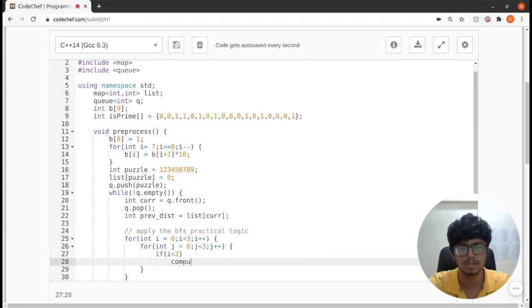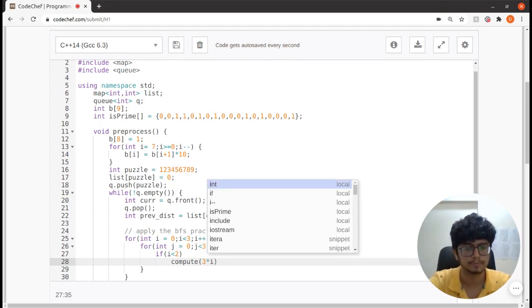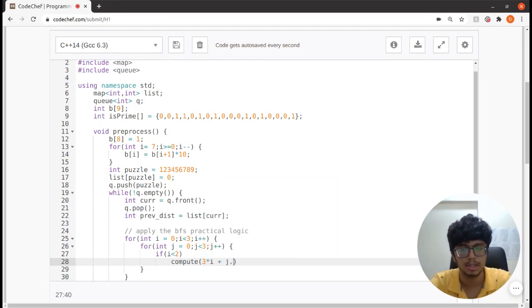Now this compute function is yet to be written, we're going to write it now. But essentially, can you compute, and now I need to pass in the pair of numbers, right? So the first element was again 3 into i plus j. The second element was 3 into i plus 1 plus j.